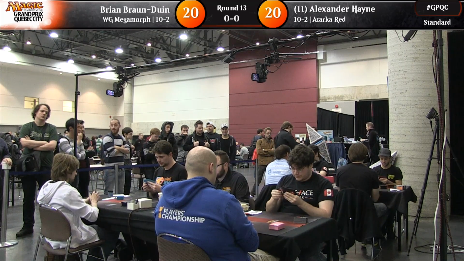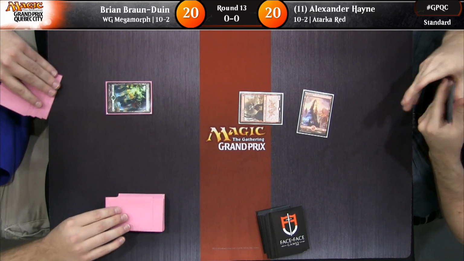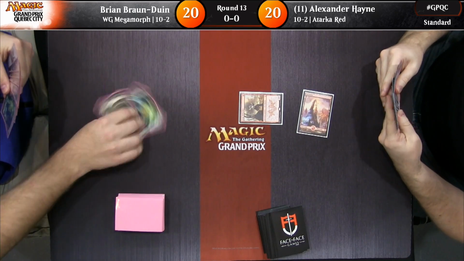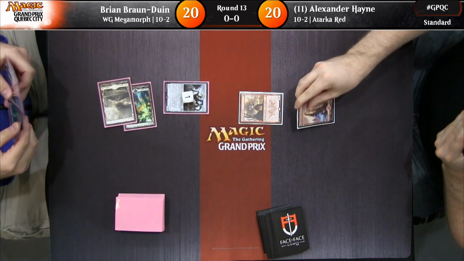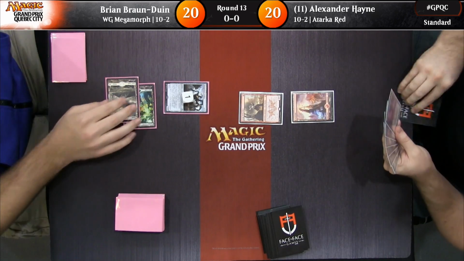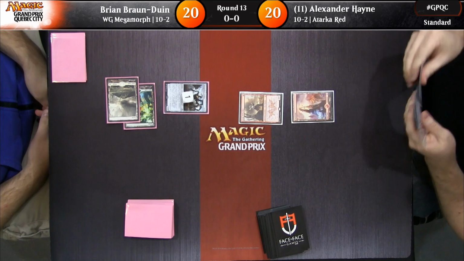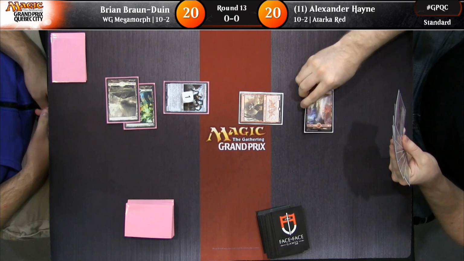Marshall Sutcliffe in the booth with Kenji Egashira, and we're ready for round 13. We've got Alexander Hain, the hometown hero. He's not quite from Quebec City, but he's from the area. Close enough. Yeah, and his opponent this round is Brian Braunduin from the United States, and they're both sitting on 10-2 here, Kenji, meaning that this is...